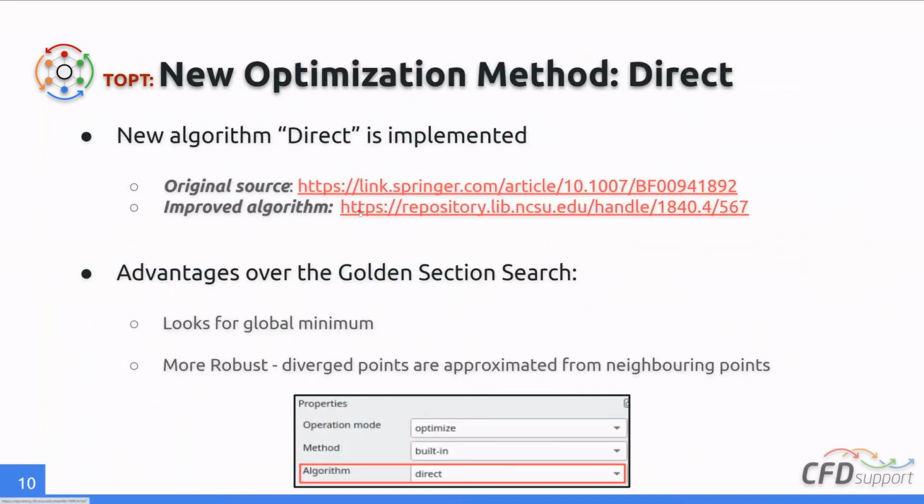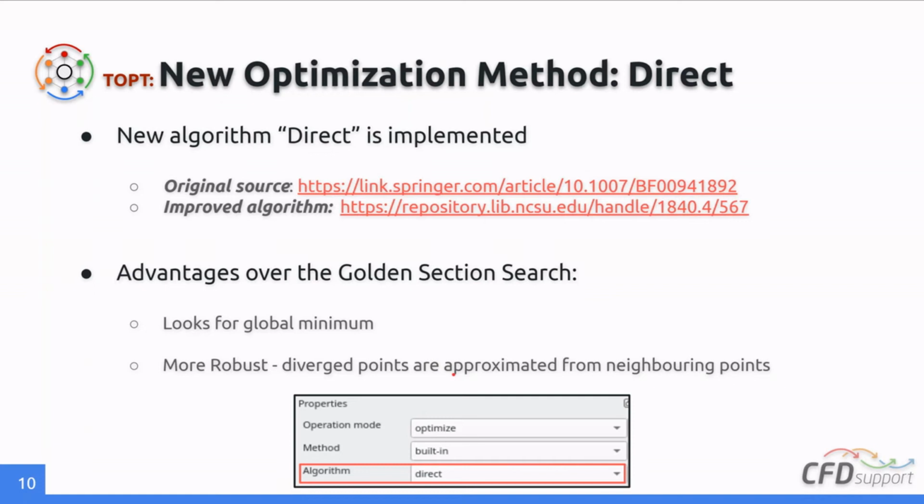There is a new feature regarding the optimization module. So there is a new method, direct. So the direct algorithm was implemented. It's a well-known approach, so you can find the source of this approach. What are the advantages? So in the previous version, there was just the golden section search, which looked just for the local minimum. The advantage of the direct method is that it looks for the global minimum if sufficient points are simulated, of course, and it is more robust because the diverge point,